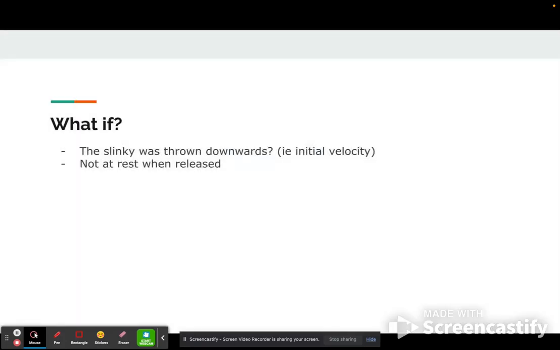And then what if the slinky was thrown downwards, for example, with initial velocity? That would mean that it's not at rest when released, and we would get similar results. However, the bottom of the slinky would be moving because